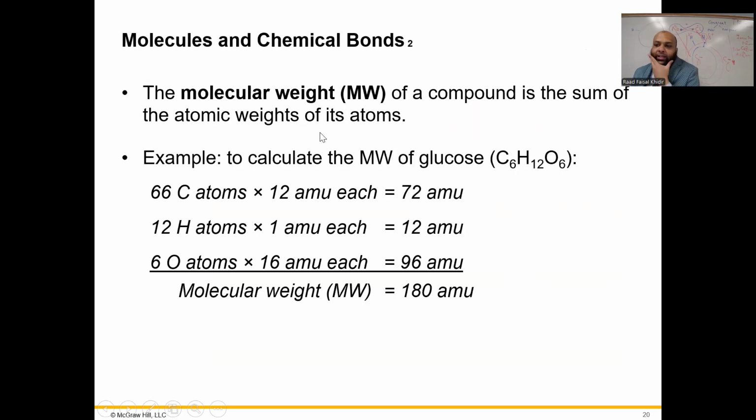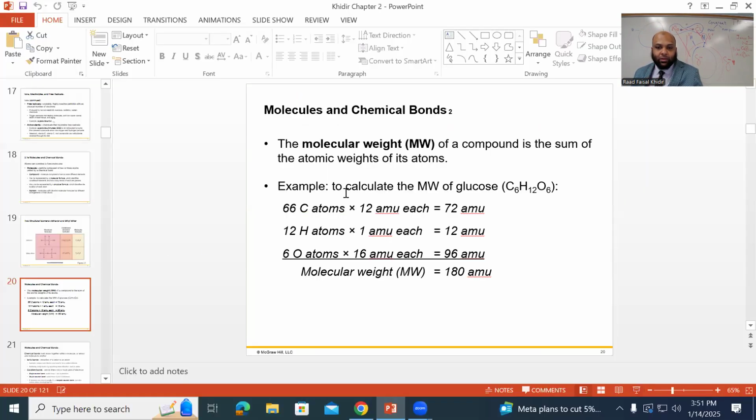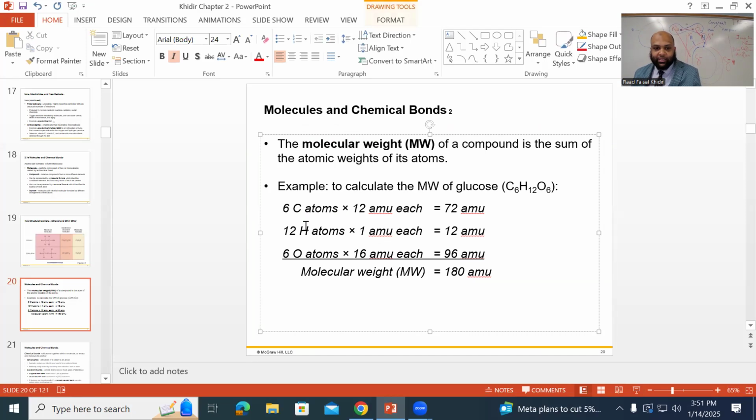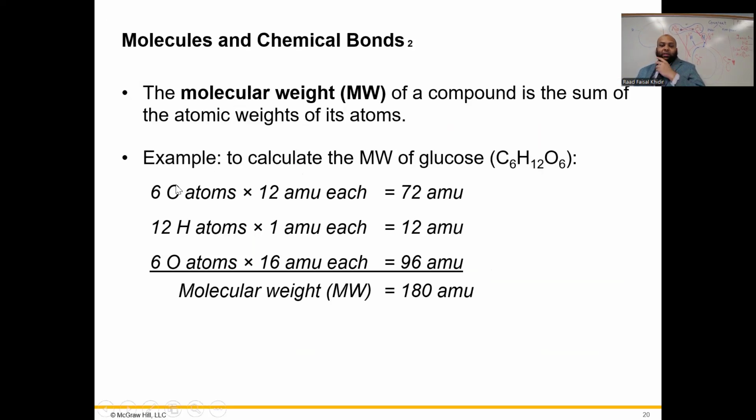So the molecular weight of a compound is the sum of the atomic weights of its atoms. So an example is to calculate the molecular weight of glucose. You have 6 carbons. That's a typo. It's not 66, it's a 6. You have 6 carbon atoms multiplied by, each carbon atom is worth 12 atomic mass units, AMUs. So you multiply 6 times 12, that would give you 72 AMUs. So that's how much the